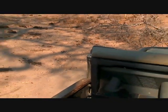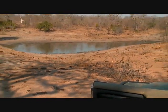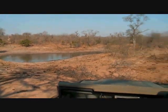Disappearing behind the Land Rover. They'll probably come out around the side of the car here. But